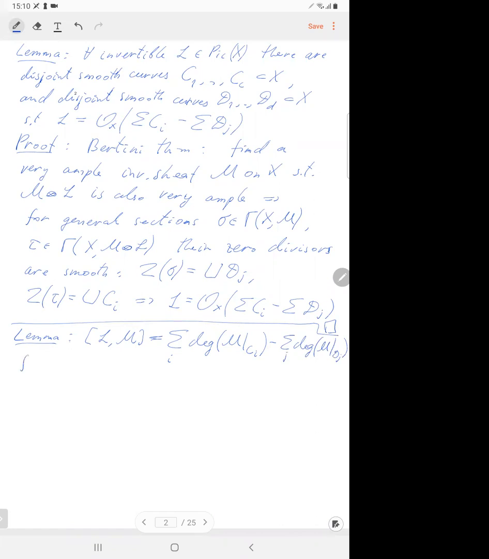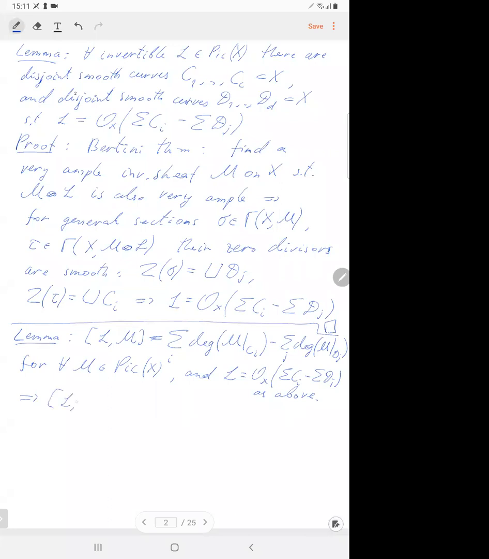So for any M invertible sheaf on X, and L is OX of some Ci's minus some dj's as above. Okay, so I do not require this M to be very ample as in the previous lemma. Sorry, isn't the proof of the previous lemma. Okay, and hence